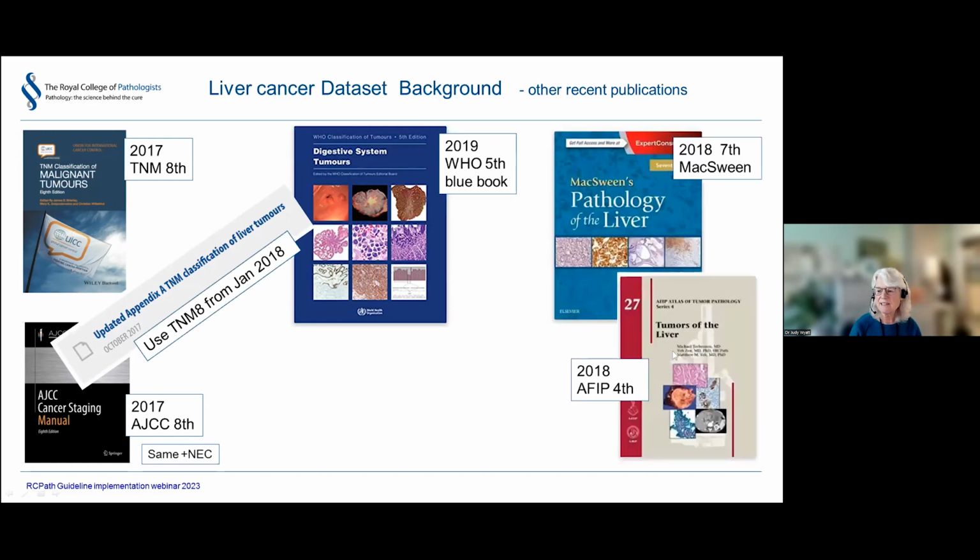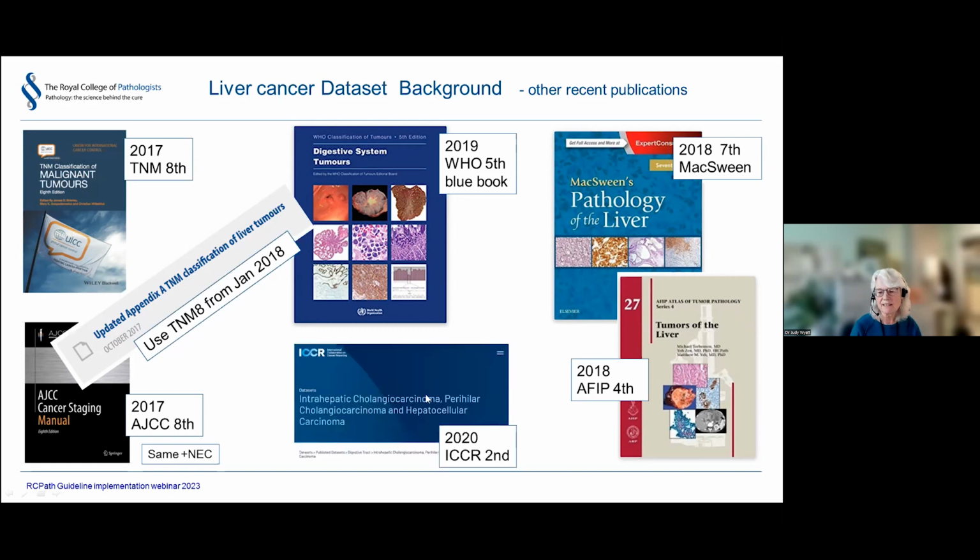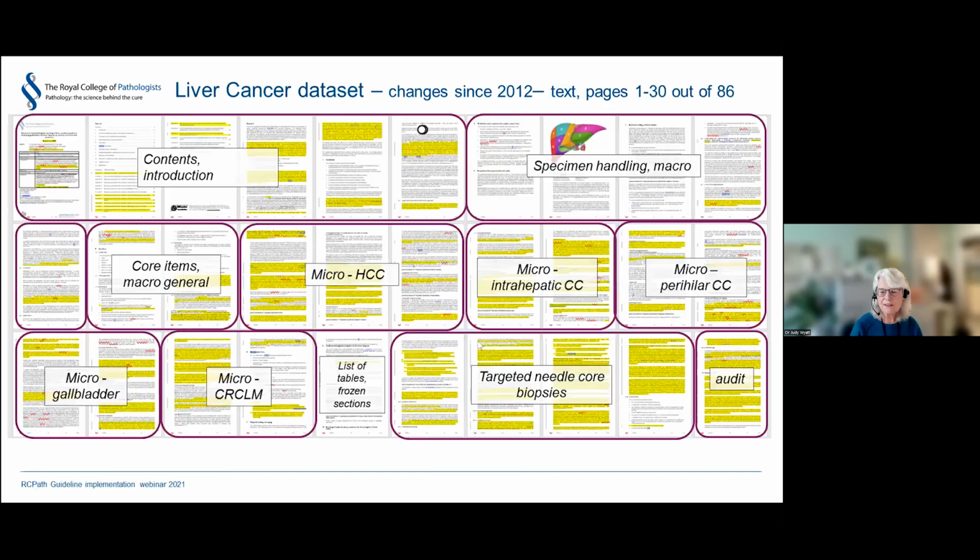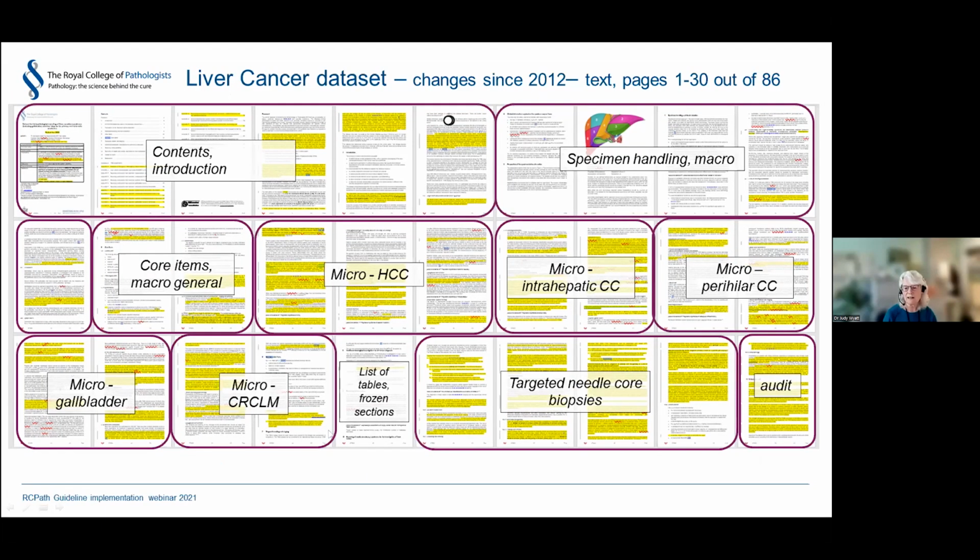McSween was updated, and I'd also recommend this textbook to you if you haven't already got it. It has really useful details, a very up-to-date overview of liver cancers. This slide will show you the changes that have been made to the text part of the data set. And you can see, with the exception of specimen handling and perhaps the core data items, especially in macroscopic,